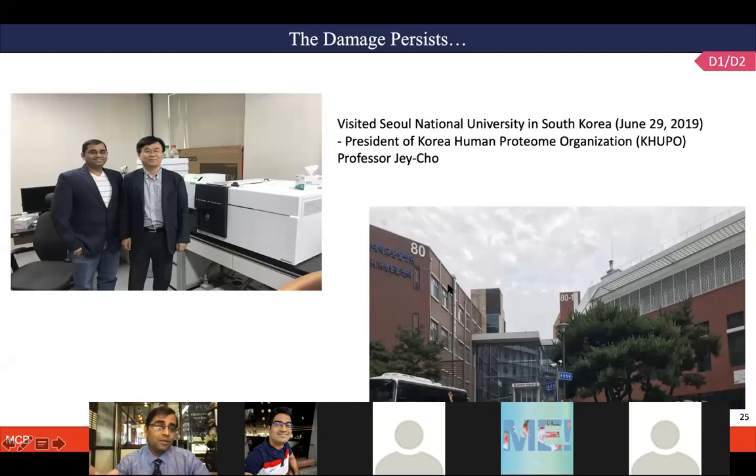Wang Gusok and his team were doing the work, and then all of a sudden, all those papers I had seen from Wang Gusok and all those retractions which had happened just immediately started reminding me. And that definitely reminded me that after so many years, from that work in 2004-5, the damage still remains in that institute, a big university. That was the sentiment I could see from there.